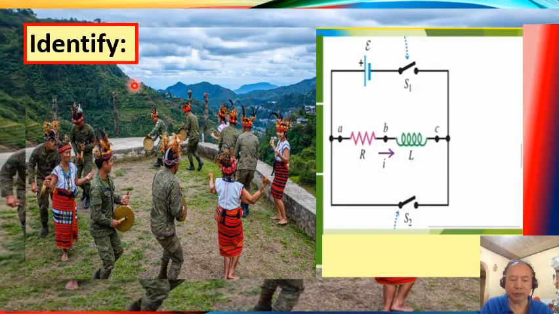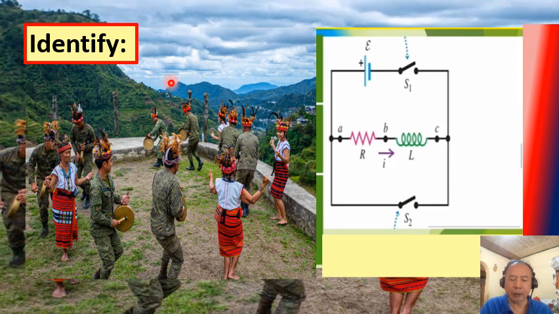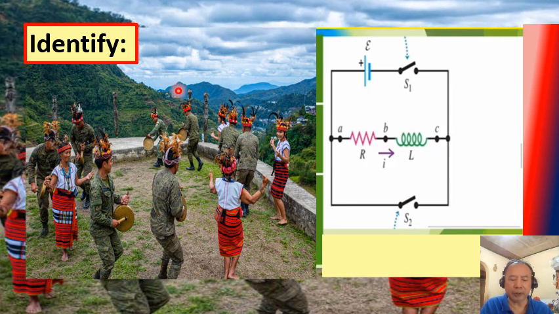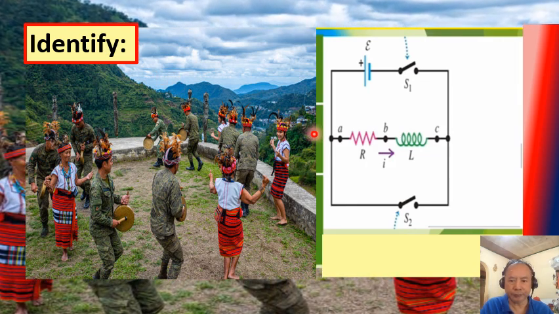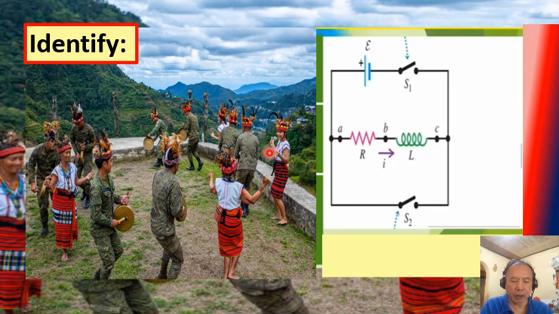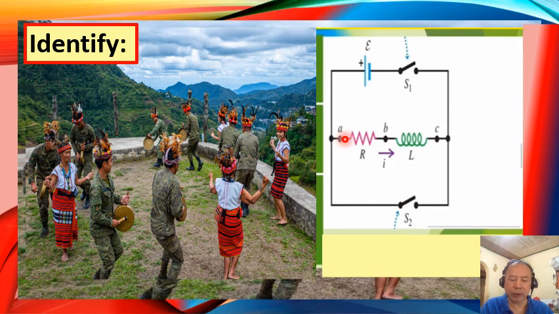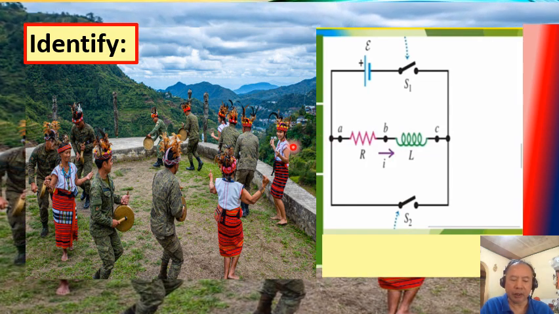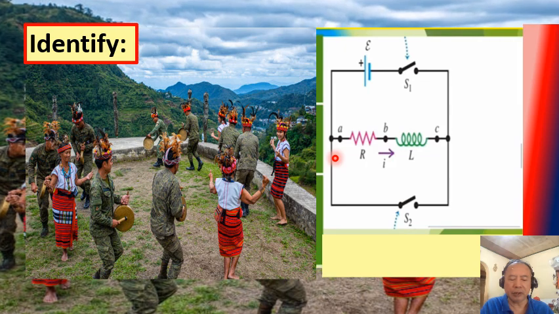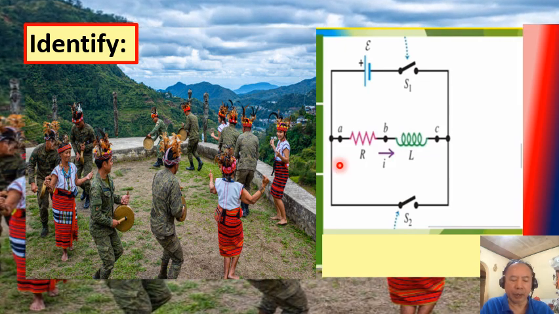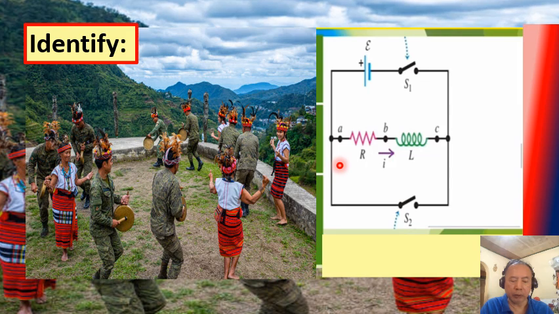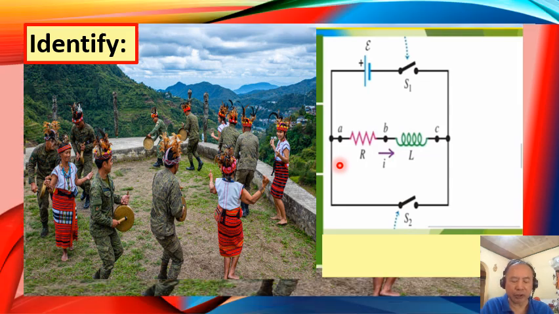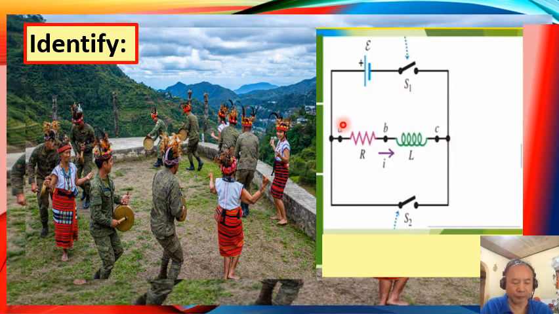As illustrated in the figure, we have a series combination of a resistor and an inductor. As you recall, an inductor or coil of wire opposes a change of the current through it. And it is this change of the current that induces a magnetic field in the coil when connected to an EMF source such as a battery as soon as switch S1 is closed.